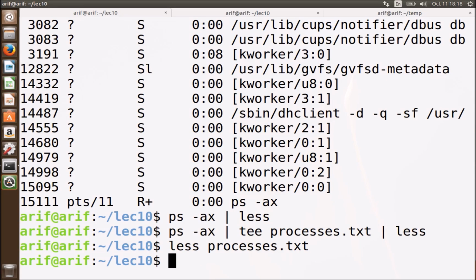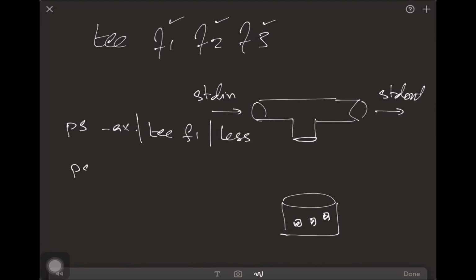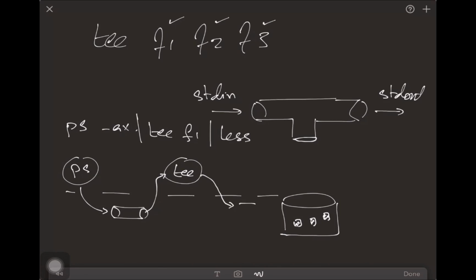Let me show you how this works over here. What I've done is I've done PS | T to a file, let's suppose F1 over here, and then to ls or less. So PS is a program which is going to write its output to the pipe, and then we have a T over here, a T program, and the T program is going to write to the pipe again,